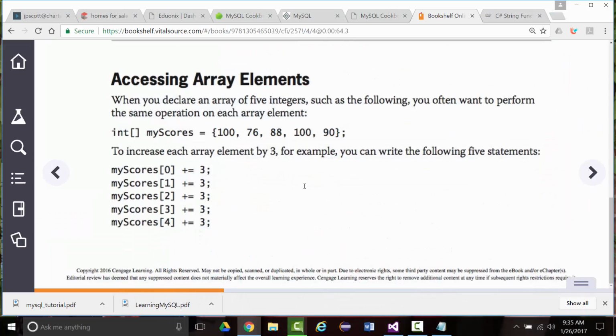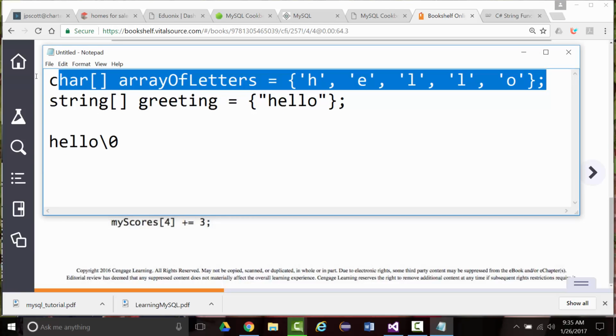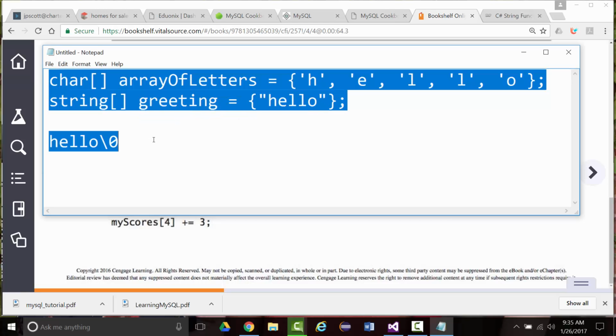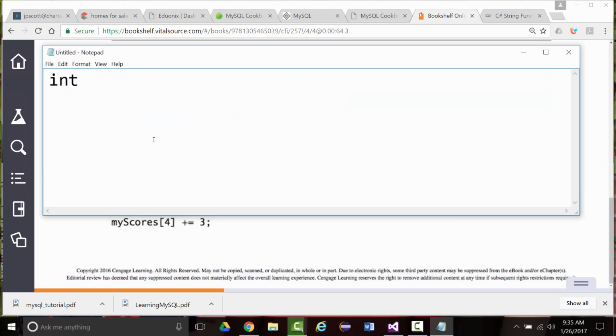All right, but since all those things are placeholders, you can grab any element that's in an array, and you can use it just like any other variable. So, you know, when we had the scores before, I'm going to just make it real simple. I'm going to say int, bracket, bracket, scores. Let's just say there's 3 people in here. Equals,